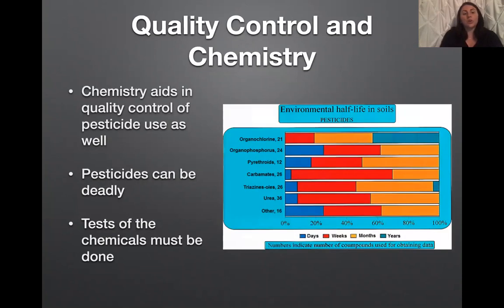The quality control and chemistry of pesticides and herbicides aid in the pesticide use and synthesis of those chemicals because, of course, too much of the chemical or the wrong concentration can end up deadly to the wrong population, whether that be a certain animal or bees or anything that actually helps with the crops. Or you can also hurt humans if we were to ingest too much of a pesticide or something along those lines. And manufacturers have highly trained chemists working in lab settings to test each pesticide for its potency.